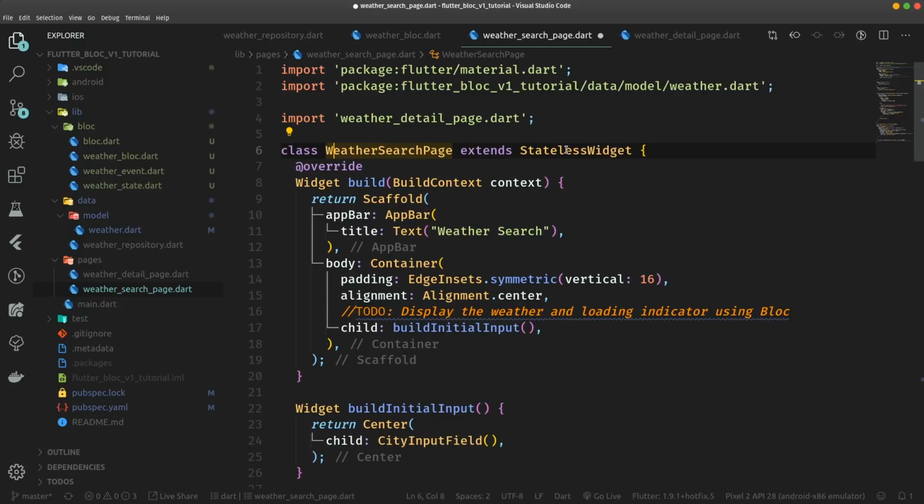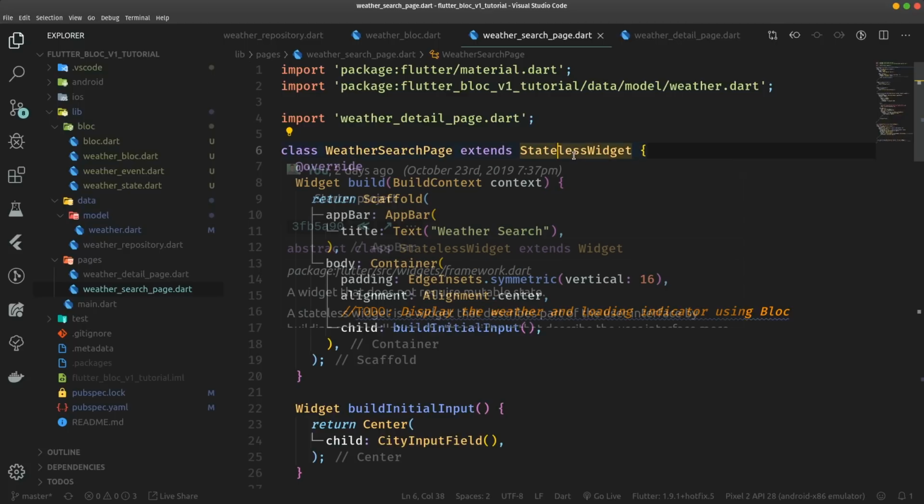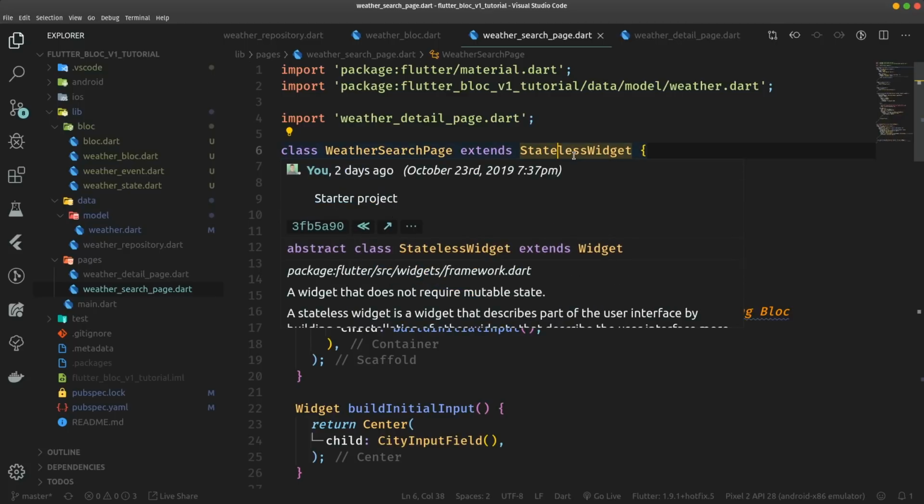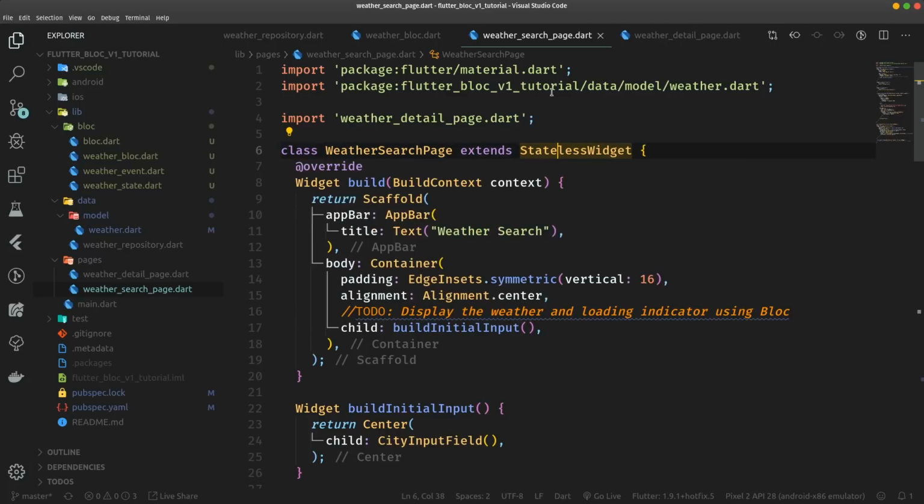Actually, you would take a similar approach if you were implementing not block, but for example, change notifier with provider. Because even with a regular provider package and change notifier, you would still need to provide the change notifier down the widget tree. So this is nothing really special to block,